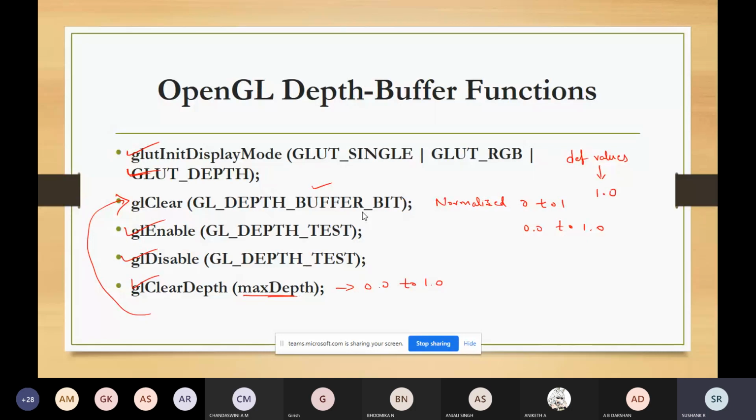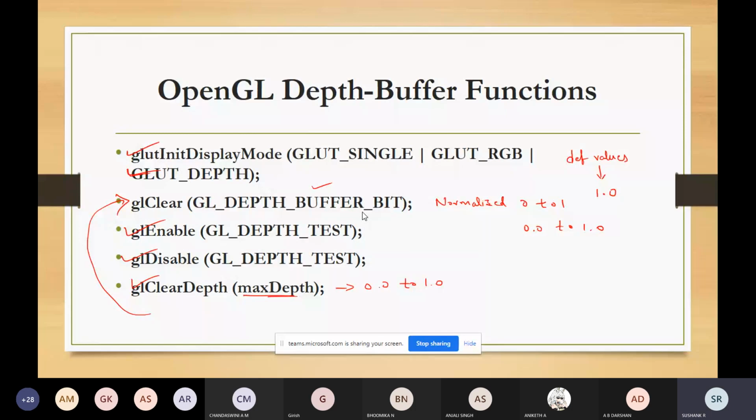To load this initial value to the depth buffer, first we should invoke glClear with GL_DEPTH_BUFFER_BIT. If I'm not calling the glClear function, the max depth will be initialized with the default maximum value, that is 1.0.